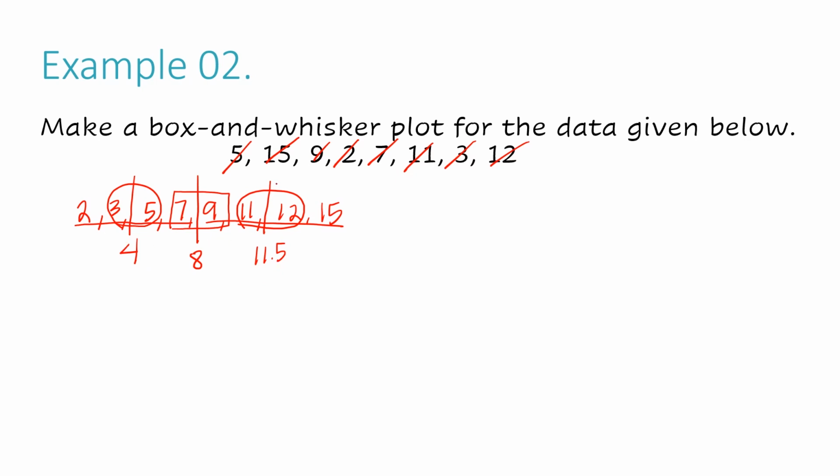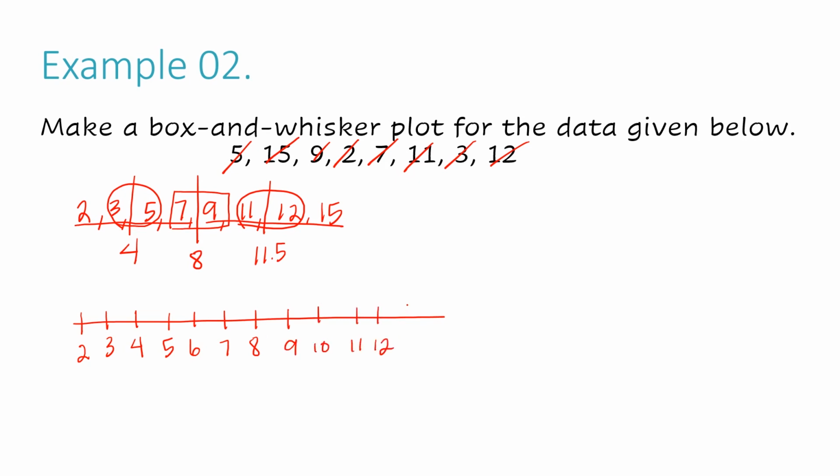Now I'm going to use these numbers to graph on my number line. Okay. I need to make sure my number line goes from 2 to 15 at least. It can go smaller than 2 and it can go larger than 15, but it needs to at least cover that. So I'm going to draw a line and I'm going to start down here at 2, 3, 4, 5, 6, 7, 8, 9, 10, 11, 12, 13,